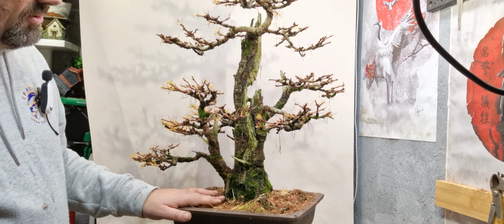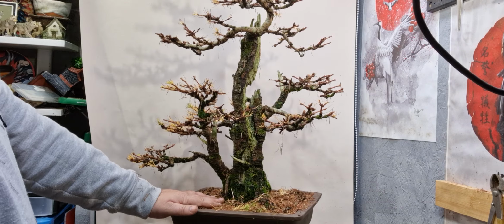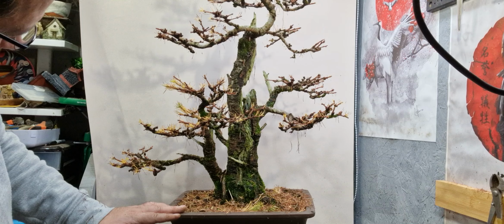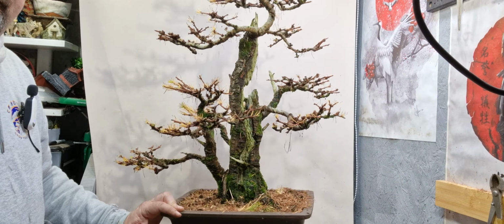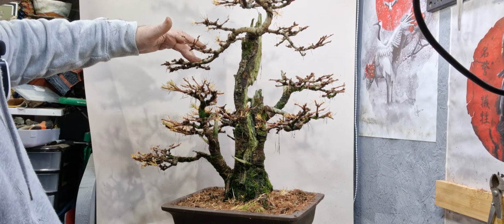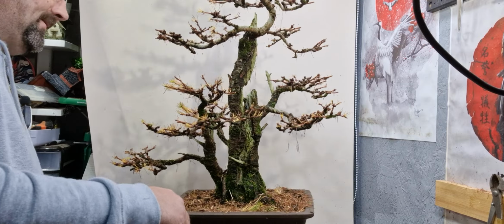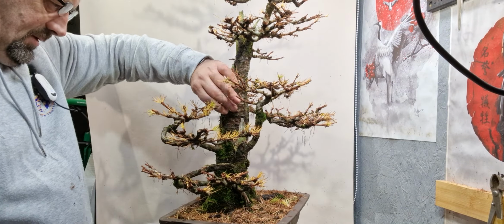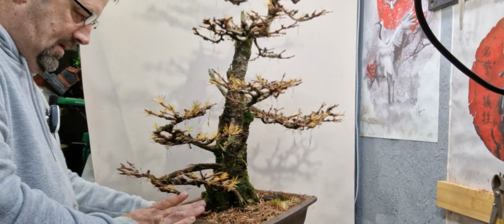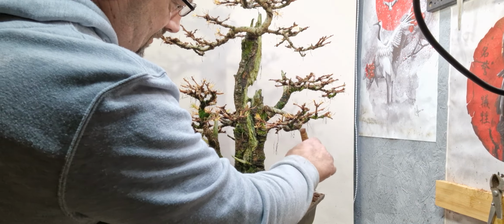So, branch structure, do I need to move anything? I don't think so. At the moment everything seems to be okay where it is. I could maybe tweak it here and there, but again, this is something I can do in the spring. And now this is just to prepare it for winter, get all these needles off and give the whole tree a good cleaning,